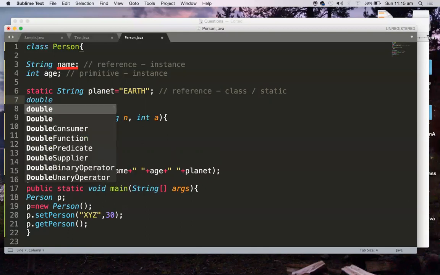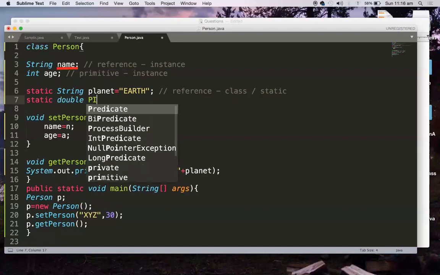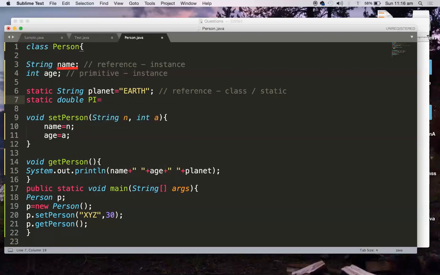I'm saying static double pi equals 3.14. Now pi is a variable of type double, so it is a primitive type, and it is static, so it is a class variable or static variable, right?